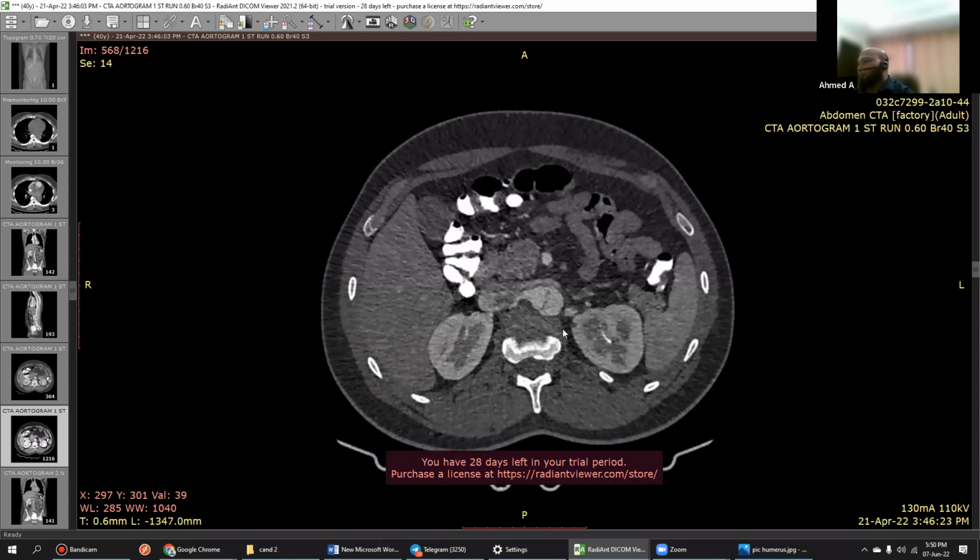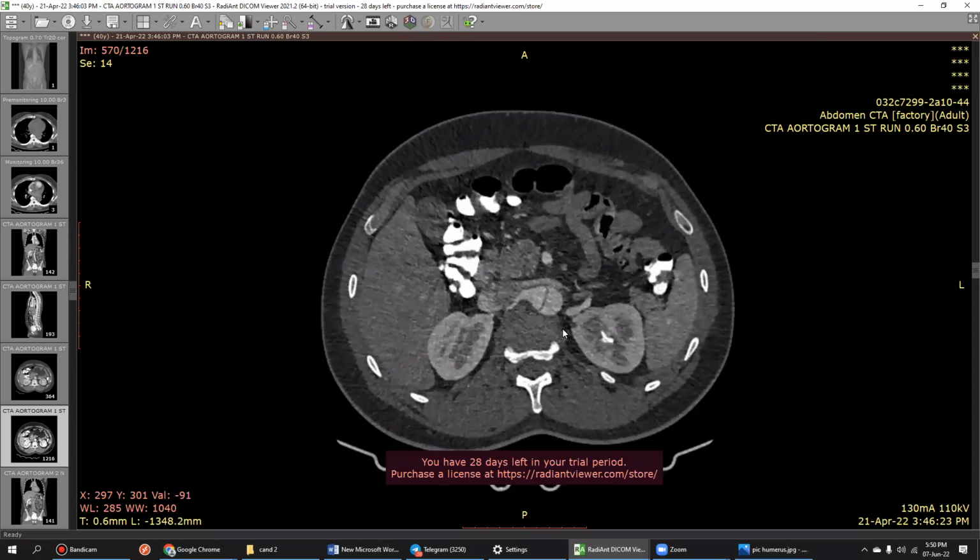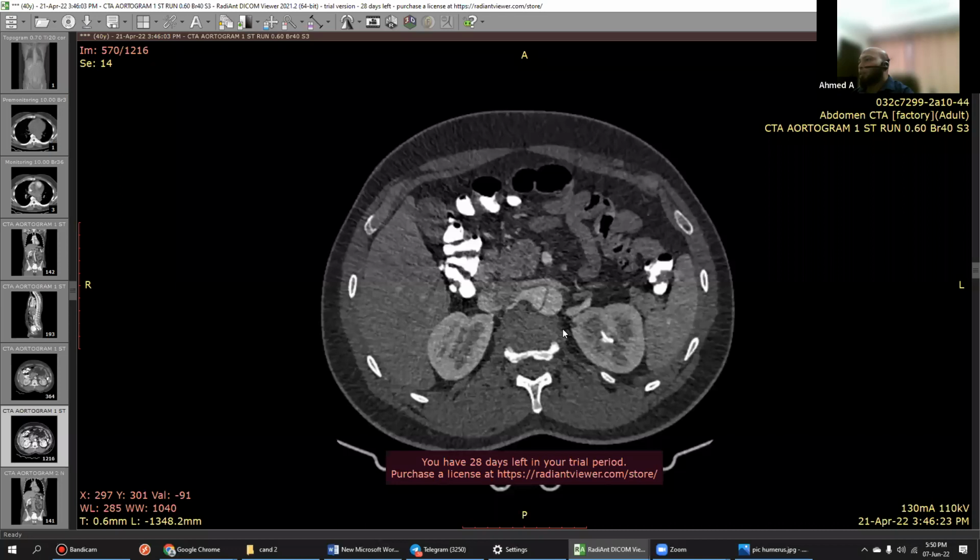Just for a tidbit of history, this patient was coming to the emergency every 2 or 3 months. He came 3 times in 8-9 months and was just referred like that. Then, just because he kept coming, they did a CT scan, and we had this finding. He's quite young, 40 years old, with no history of hypertension.